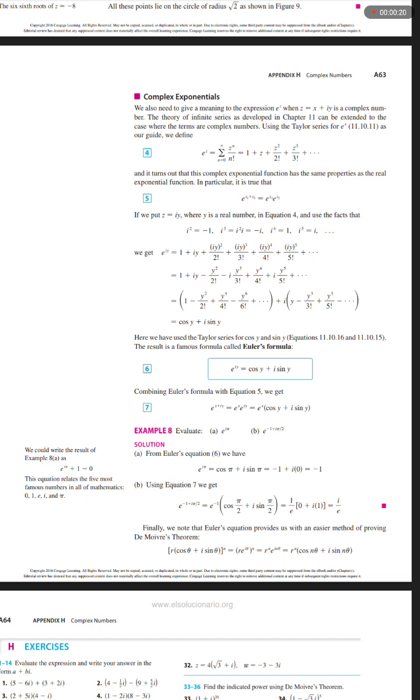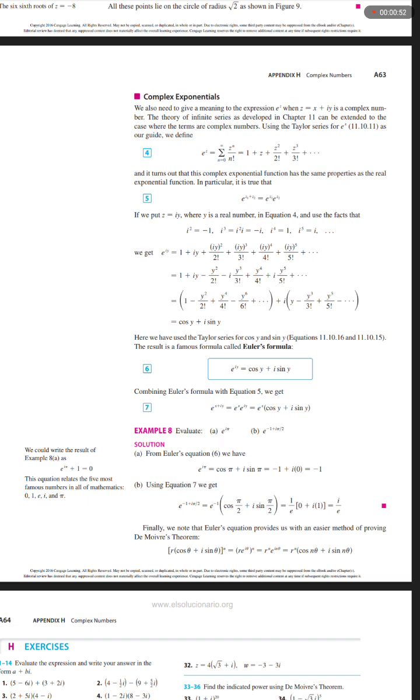The theory of infinite series, as developed in Chapter 11, can be extended to the case where the terms are complex numbers, using the Taylor series for e to the power x, equation 11.10.11, as our guide, we define equation 4,